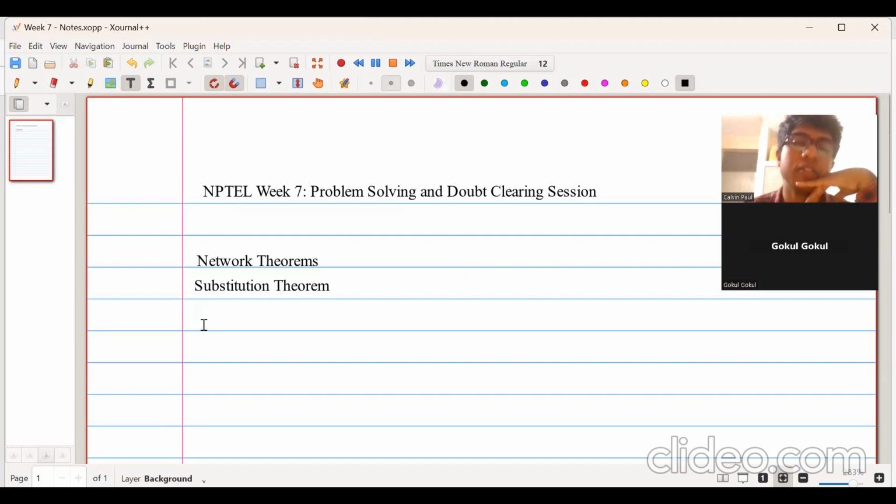There is something known as the substitution theorem, where a resistor or some particular element is replaced by a voltage source or a current source, etc. We will go through that. That is the substitution theorem. Then,